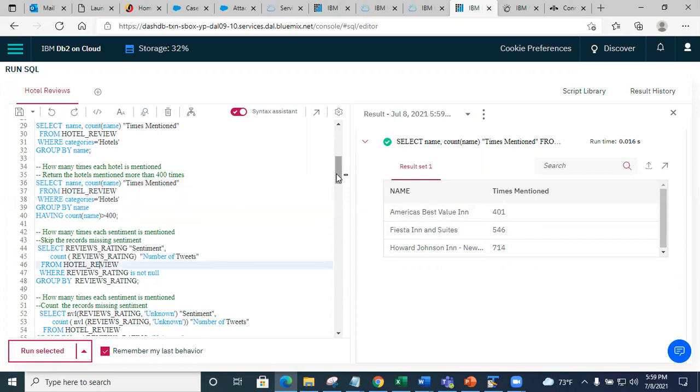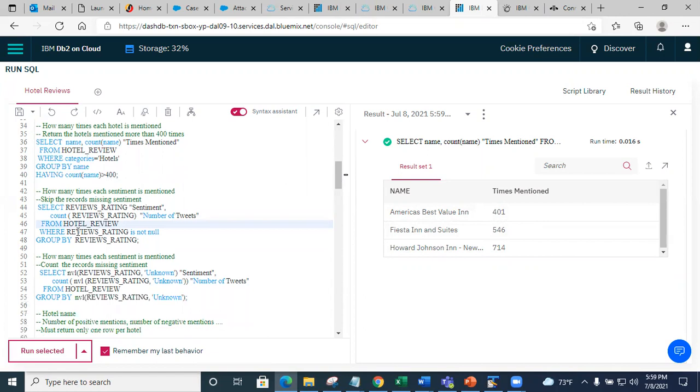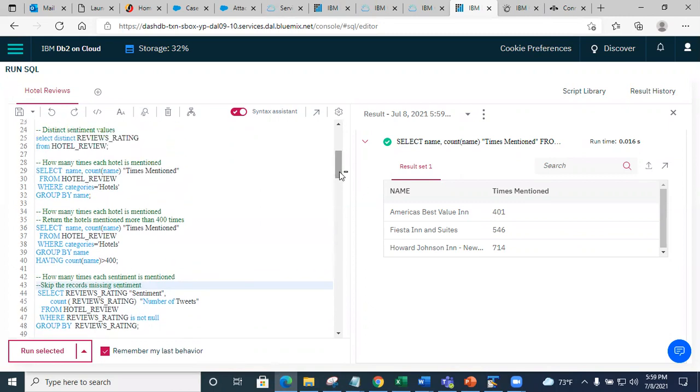Okay, now in here, this is slightly different. I'm going to skip the missing ones. So basically, if you run that query above again, it was listing the missing ones. So let me run again, run selected.